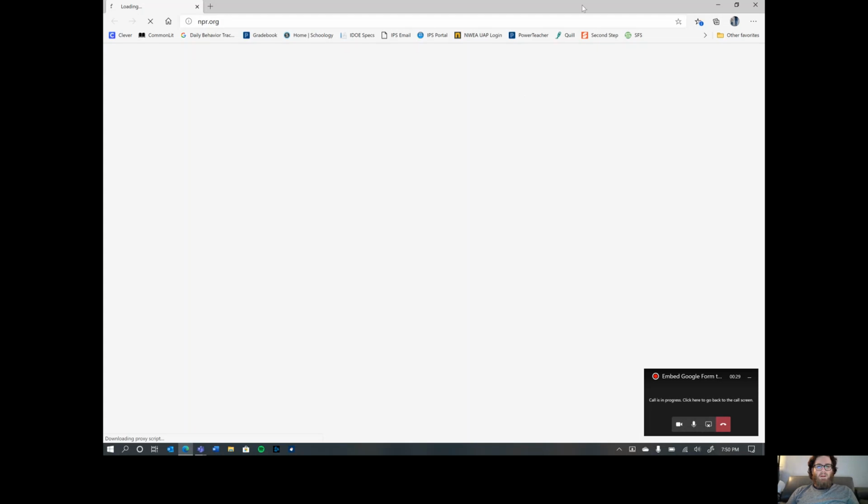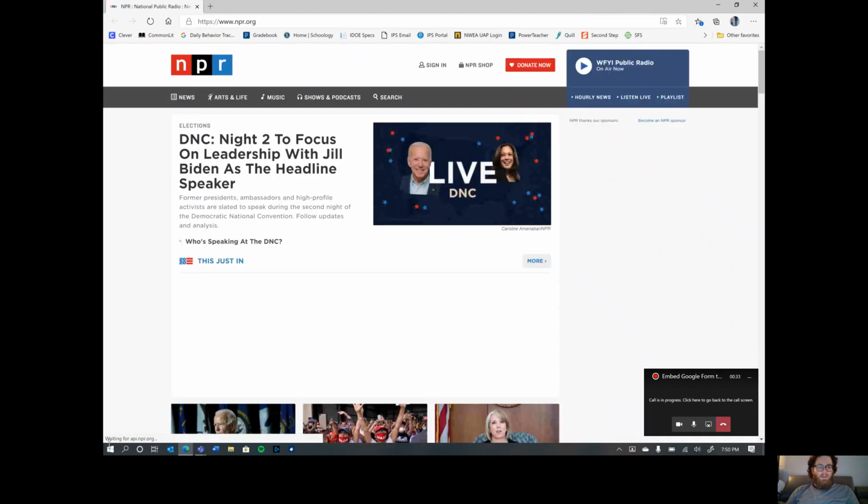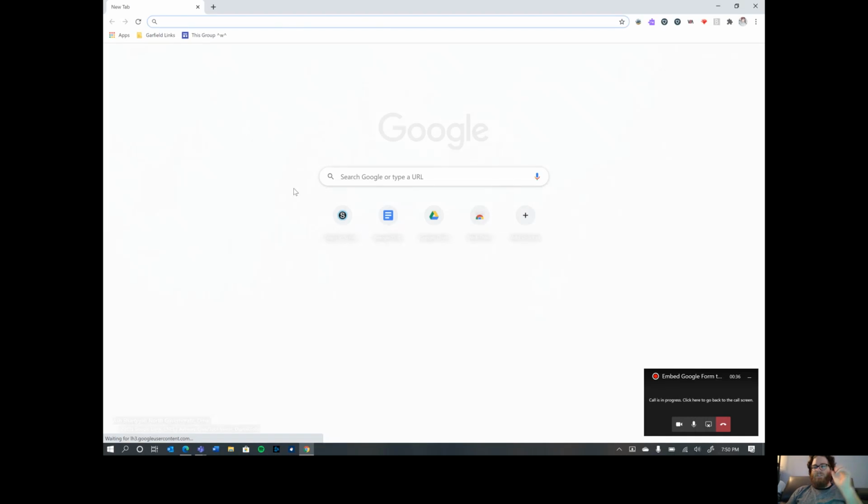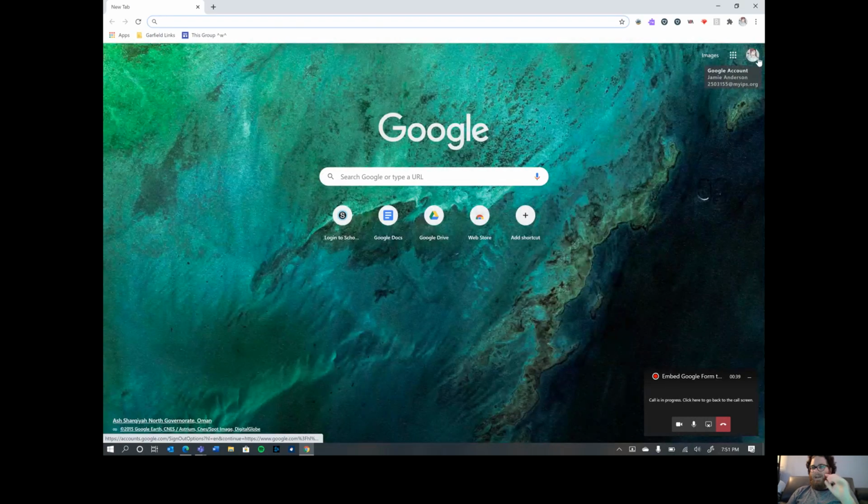This is my web browser, so here I am signed into my school account and everything else, but I've also downloaded Google Chrome to use as a student. So I'm signed into a student account, and this Google Chrome web browser will mimic what a Chromebook looks like almost exactly. So if you are a third, fourth, fifth, sixth, seventh, or eighth grade teacher, this is what the experience